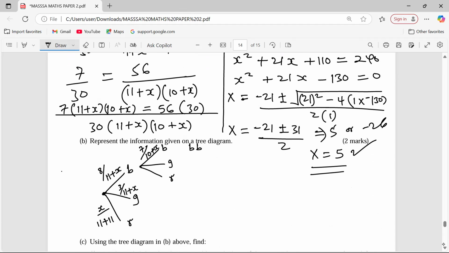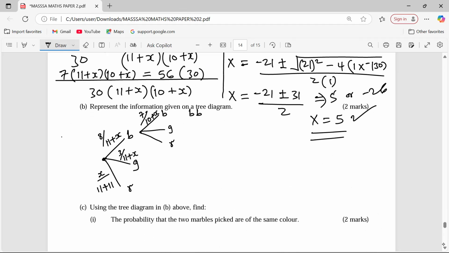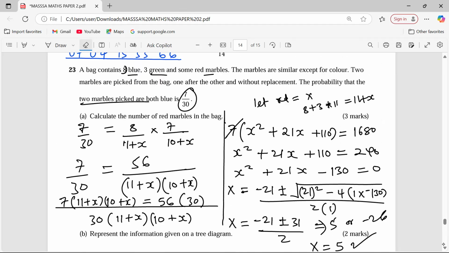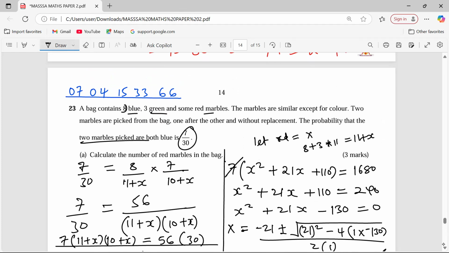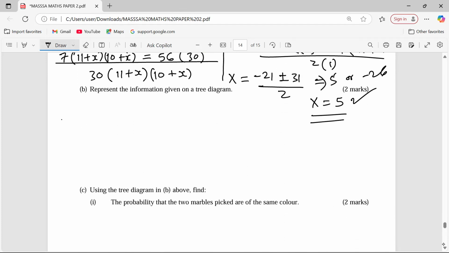And if it's 5 now, we can get back to our tree diagram with specific information. Very specific information now. So now we can redraw our tree diagram with specific information. According to the information here, instead of x, we know it is 5 now. So 8 plus 3 plus 5, we are getting 16. So in the tree diagram,